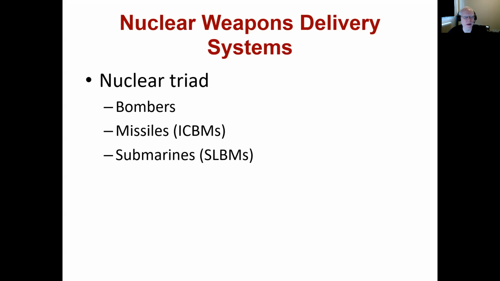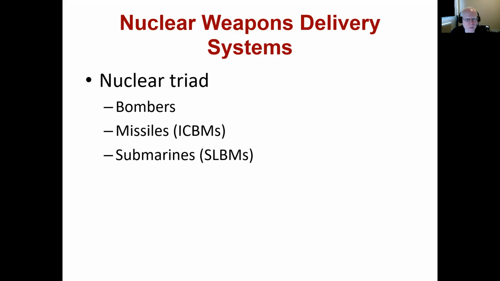So how are nuclear weapons delivered? So if you've got a bomb, you need to have some way of being able to deliver it to your target. Having a strong nuclear presence and one that can be protected against attack is based on having a nuclear triad. So the strongest nuclear powers, in order to protect their nuclear weapons and make sure nobody could get rid of them and then you lose the impact, will split them between bombers, missiles, so ICBMs being intercontinental ballistic missiles, and then submarines, submarine launched ballistic missiles.